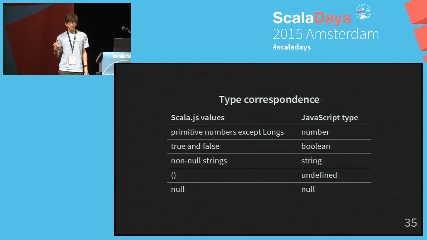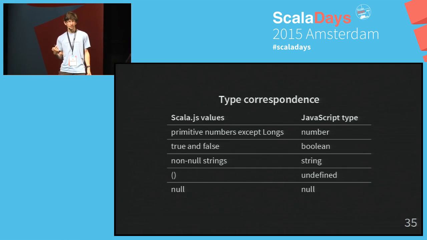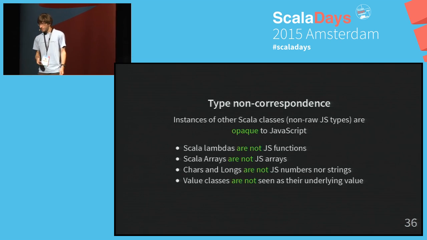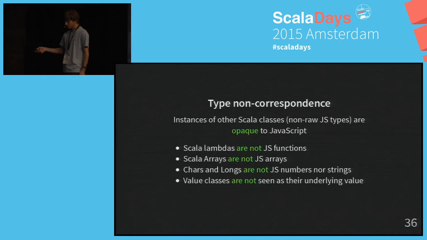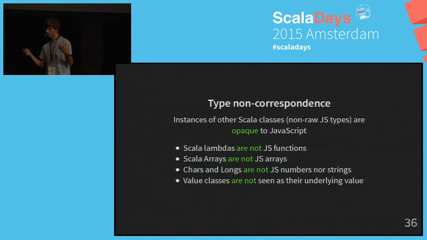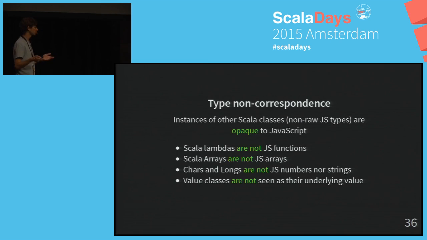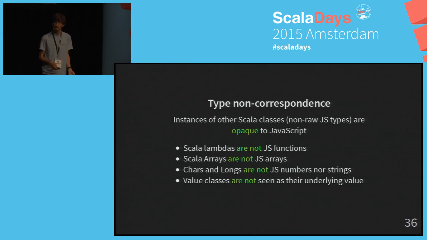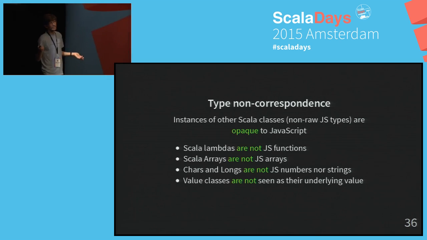One thing to note here is that there is not long. Long doesn't behave that way. Car doesn't behave that way. And everything else doesn't behave that way. So all the other types, so instances of any other Scala class which is not a raw.js class, is completely opaque to JavaScript. If you give it to JavaScript, it will say, I have no idea what this is. All I see is an object, and I don't even know what fields it has or what methods I can call. Basically, it cannot do anything. All it sees is an object. So it can pass it around, store it, give it eventually back to Scala.js code, but it cannot do anything with them.